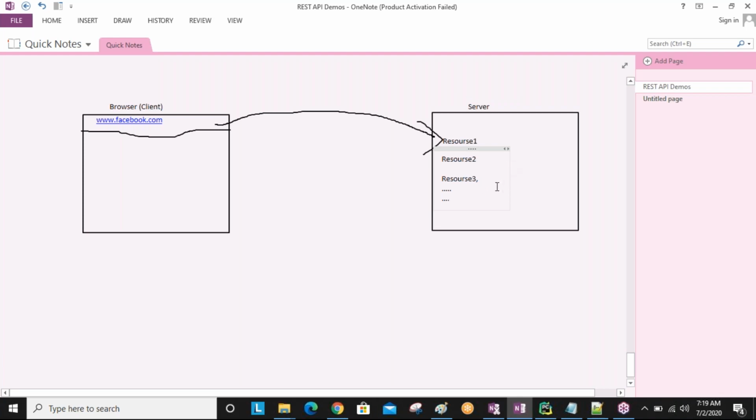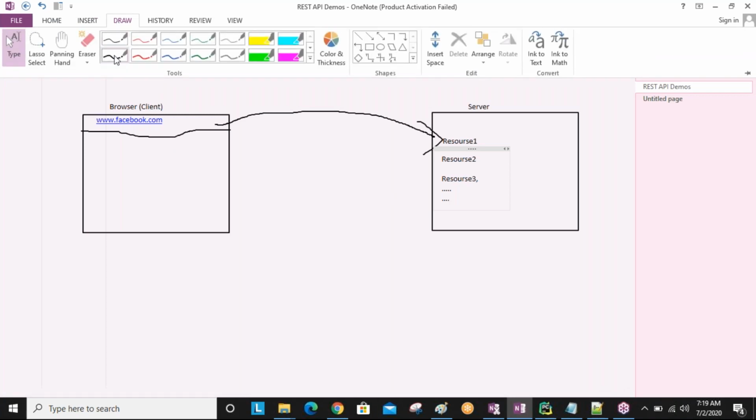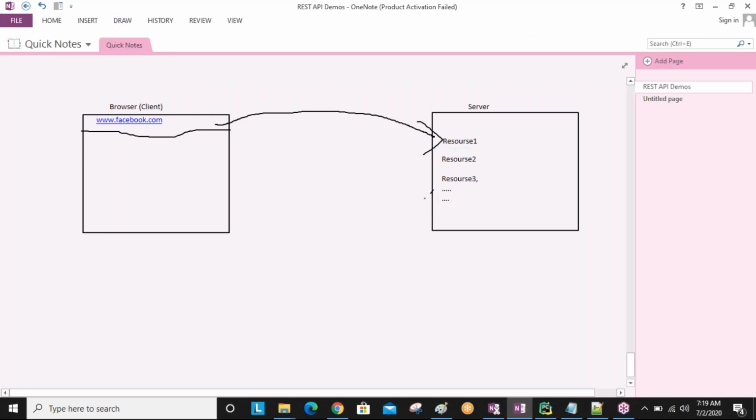When our particular URL matches, that URL related web page comes back to the client. Again, that response you are getting back to the client. Understand? Now the Facebook page is displayed as output. Okay, Facebook page you are getting. So this is a response.